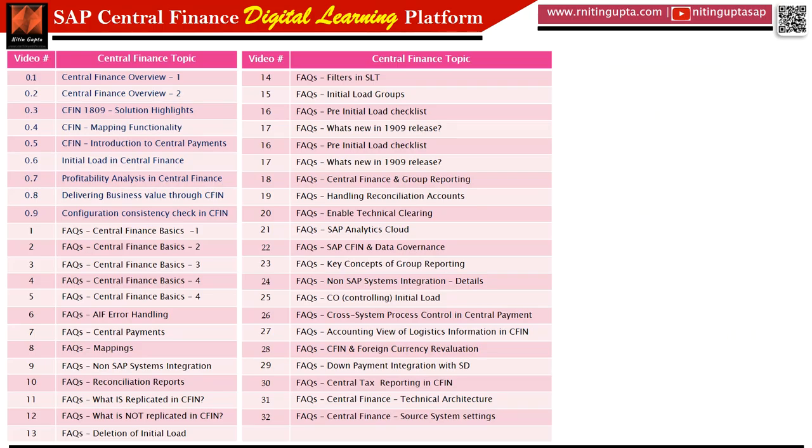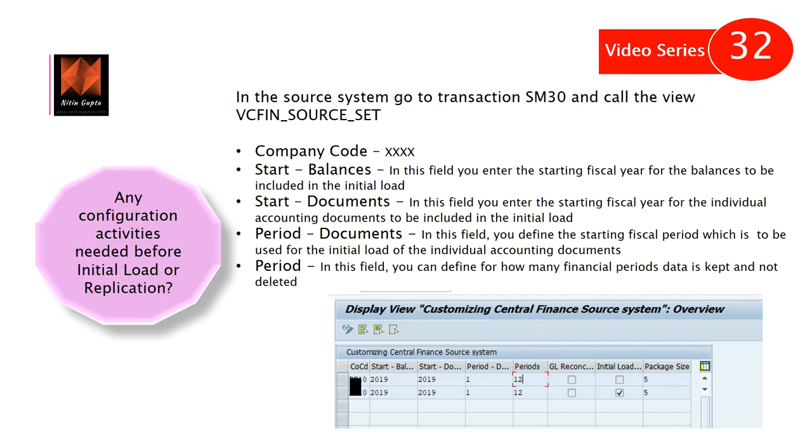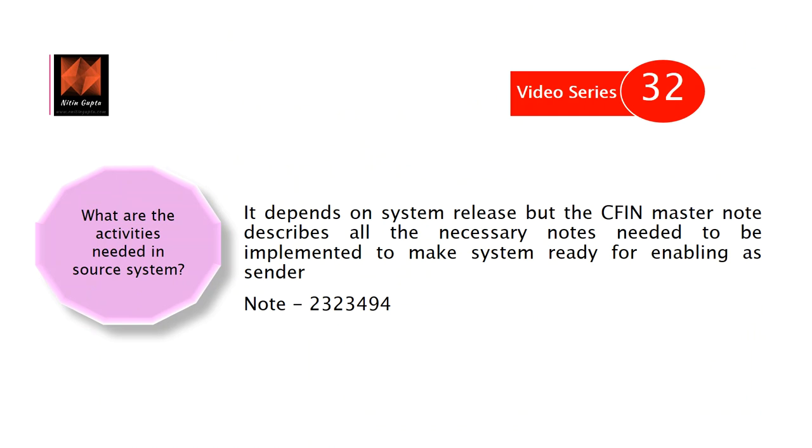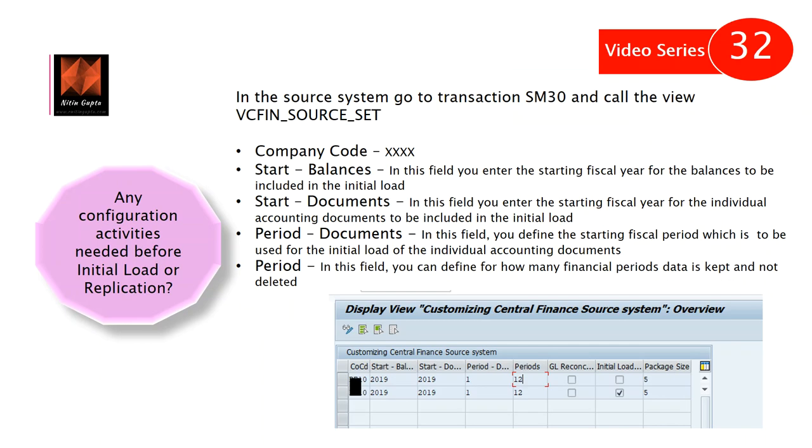So that's a quick short video explaining this important setting. At a high level, you have two settings. I will go back again. You have to implement a lot of SAP notes based on this master note 2323494, and then you do your VCFIN_SOURCE_SET settings based on your requirement, your design, and your CFIN project scope. You update this table, and each time you do a test, you have to update this table, because the first test you might be doing for 2 months of data, the next test you might be doing for 3 months of data based on your source